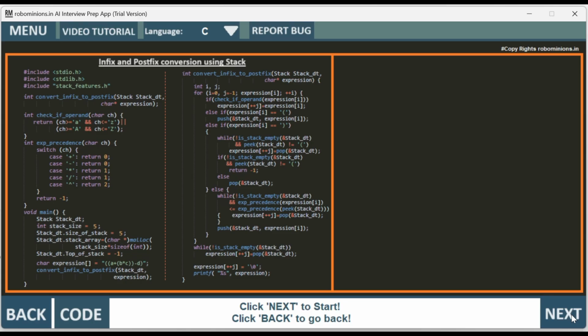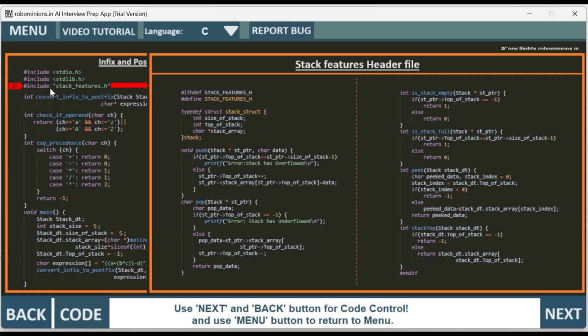Now let's start tracing the code. So we have #include stdio.h, #include stdlib.h, then #include stack_features.h. This header file includes the push operation, pop operation, is stack empty, is stack full, peek operation, and stack top functions. All this has already been explained in videos